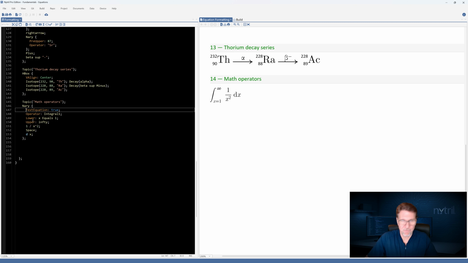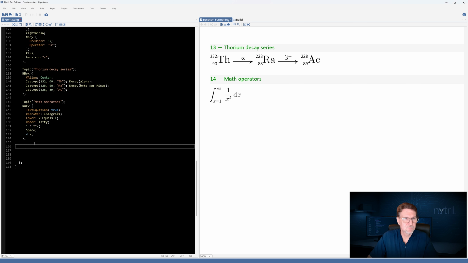So if we take out this text equation here and press F5, we'll see that some of the symbols are now formatted to whatever the default document font family is. When we place that back in, everything is now formatted properly and evenly as an equation.